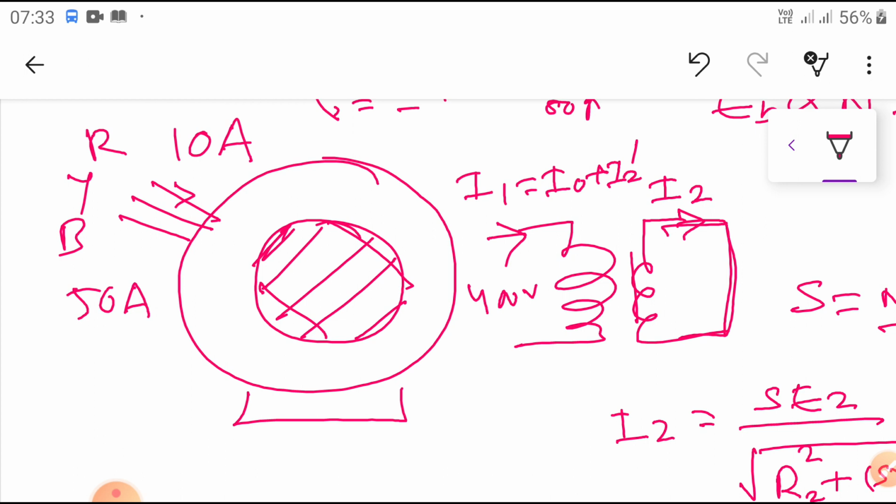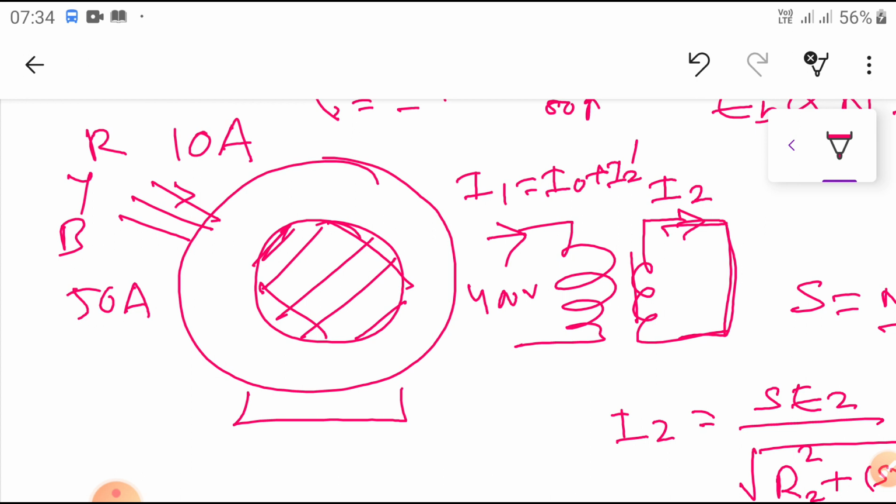We conclude, as already discussed in the previous classes, that the E2 induced in the rotor at standstill works like a short circuited secondary of a transformer, hence I2 is a very large value. It may be 5 to 8 times the full load current initially. Due to the large current the stator winding may burn, and the line voltage drop may affect the other loads connected to the same line in our distribution system. So that is not advisable.